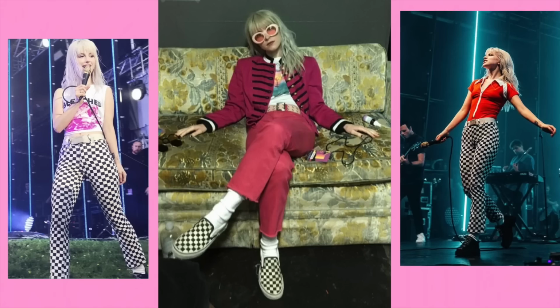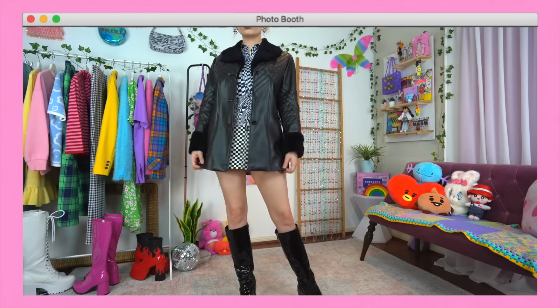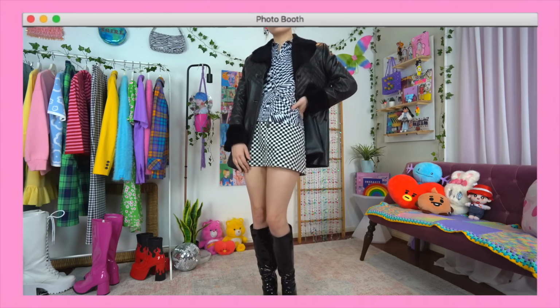Typically trends kind of stick to that 20-year rule, but checkerboard, no, it rears its head every 5 years or so. Think like every kid at a pop punk concert in their checkered Vans and matching checkered belt. But then also it kind of came back around the same time that we were putting flames on everything. So yes, this one comes back in all the time, so may as well just keep it in your closet